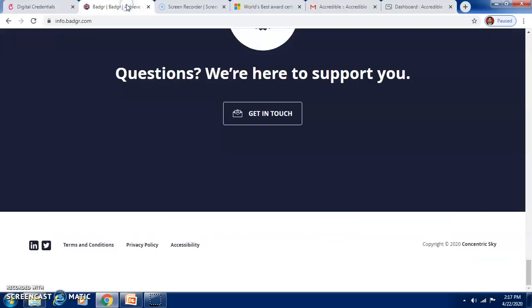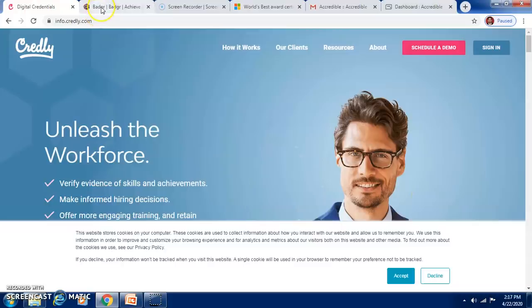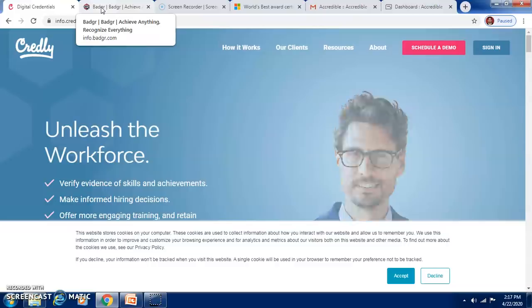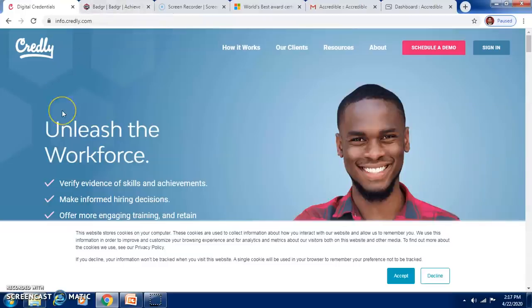Likewise, Badger is one of the sites. Digital Credential is another site which issues badges to the students, and these are not free. But if you are joined with Canvas or Blackboard as a learning management system user, then you can get the badges over there that can be issued by these companies.